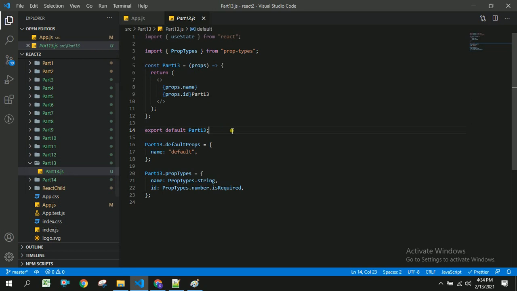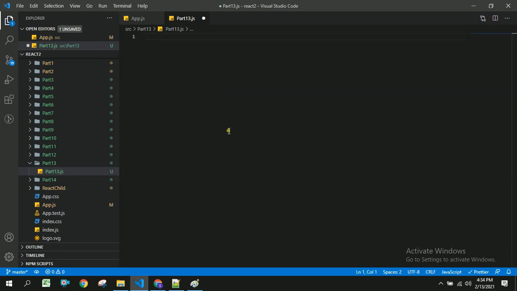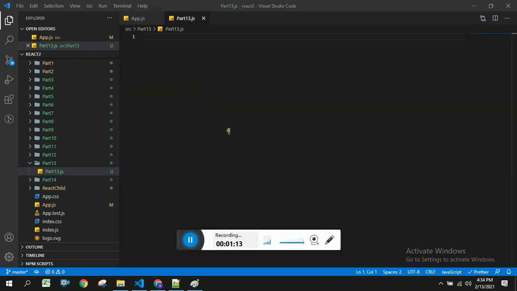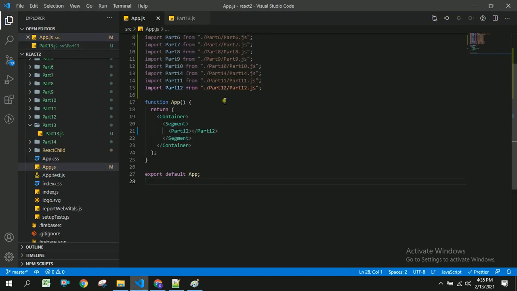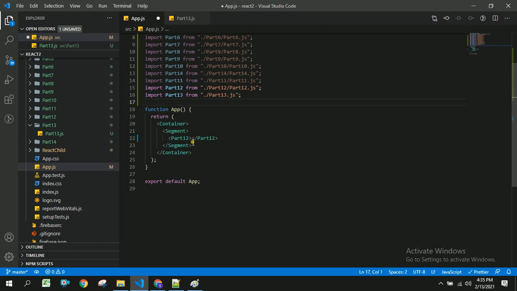First I am going to remove the unnecessary code, and in App.js I am going to import part13. Let us save this.